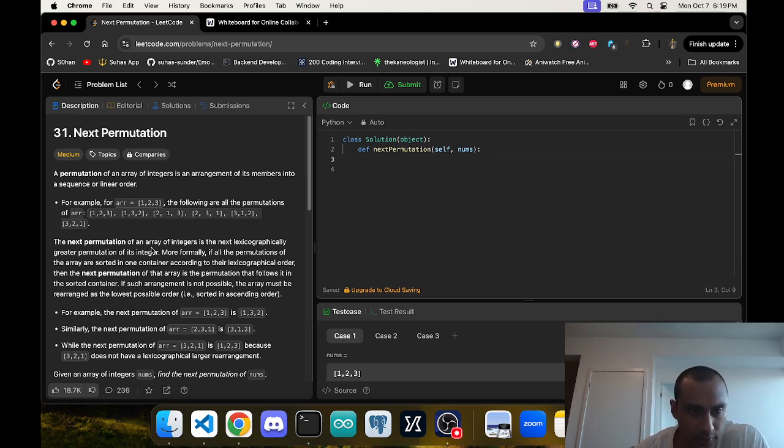The next permutation of an array of integers is the next lexicographically greater permutation of its integer. Uh, 2, 3, 1 has nothing greater than it. So it's got to be 1, 3, 2. So for example, when it says